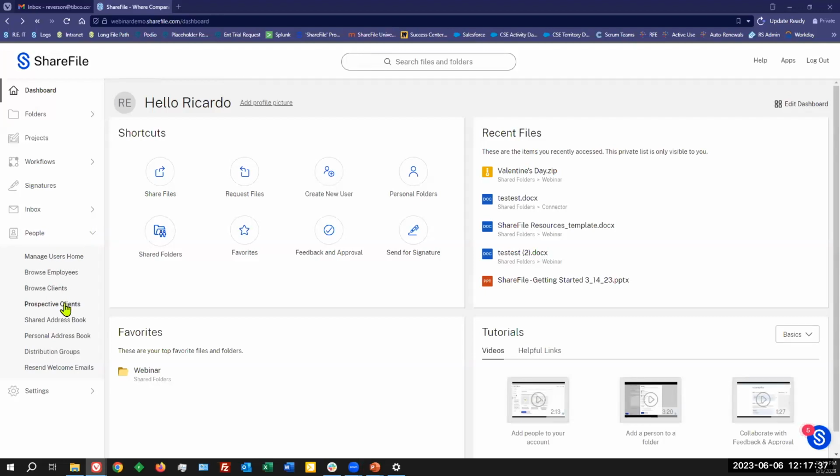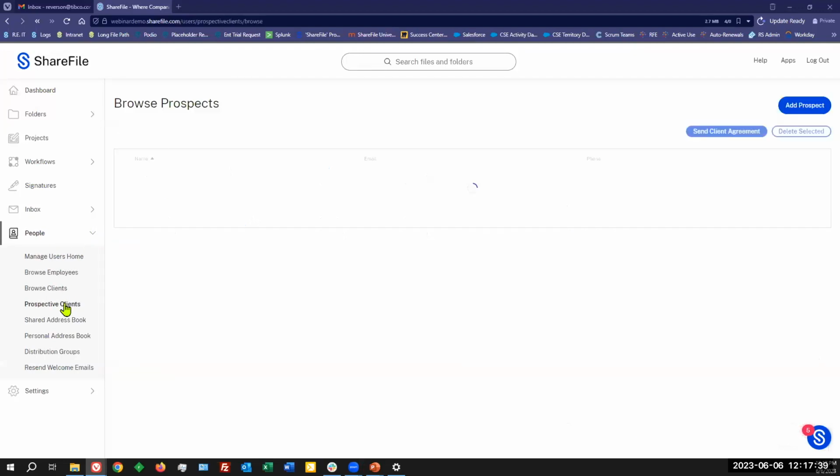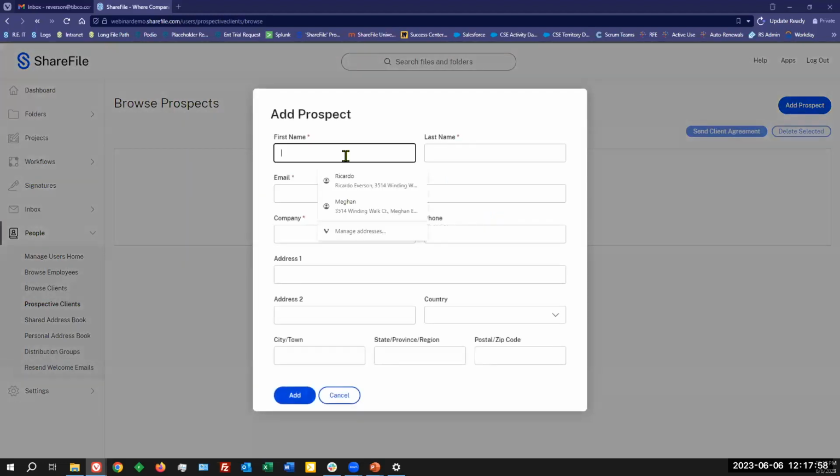It's strictly through people. And once you have people open, you will go down to prospective clients. At this point, you need to add some demographics for the user you want to become a client user on your account, or the user you want to send that accelerated agreement to. And to begin that, we'll click on Add Prospect, and you begin entering